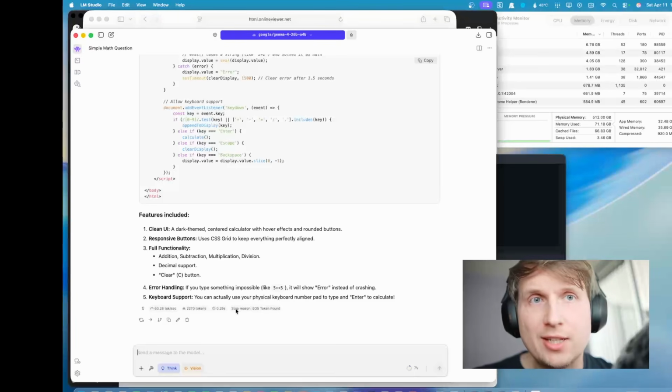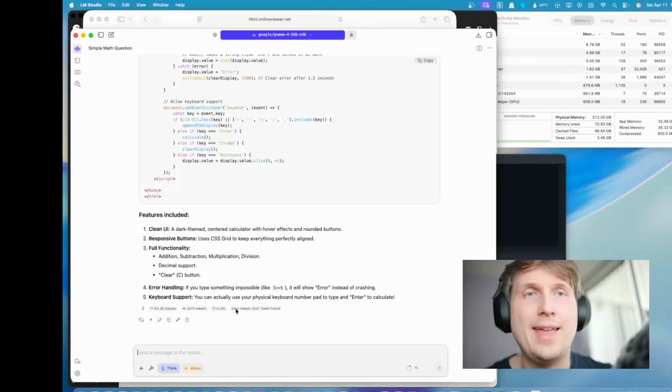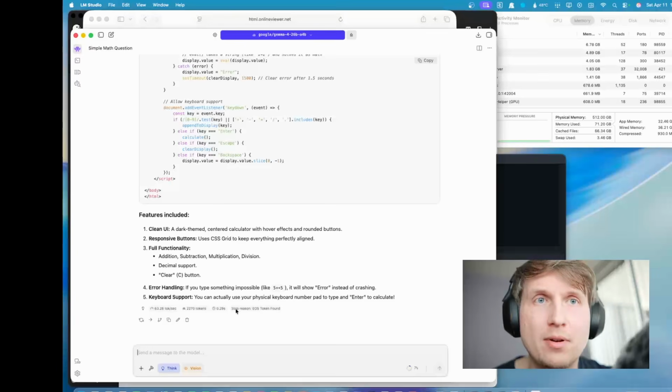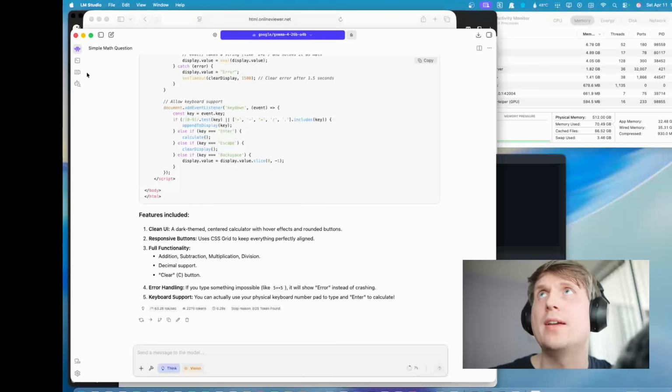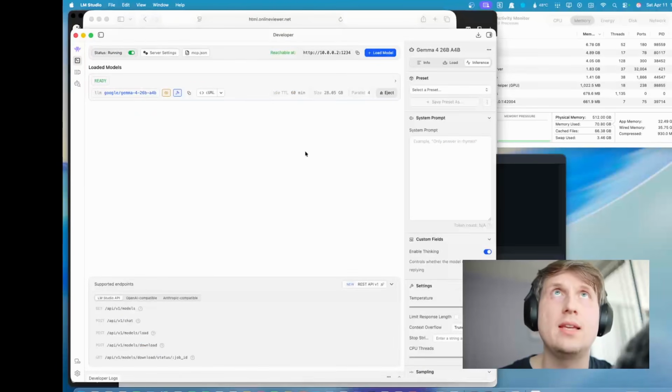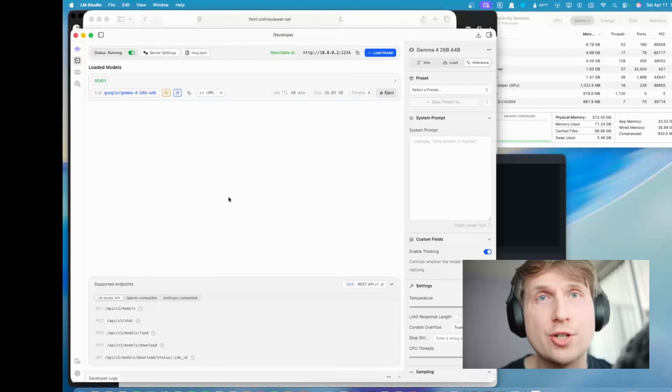So you can potentially get a Mac Studio and have a very cheap MacBook and then still log in and use all of your models that are on your Mac Studio. All right, so now that we've covered the serving portion of it,